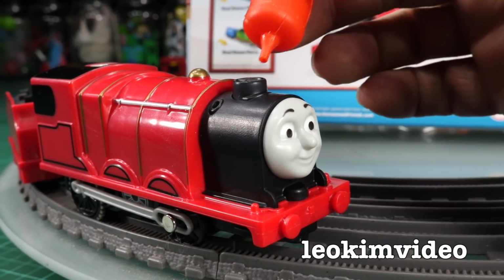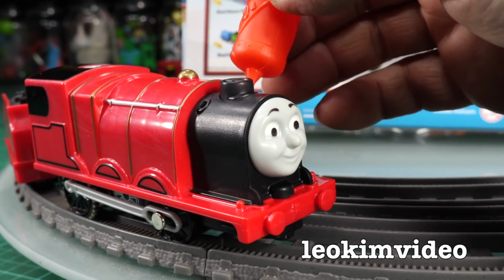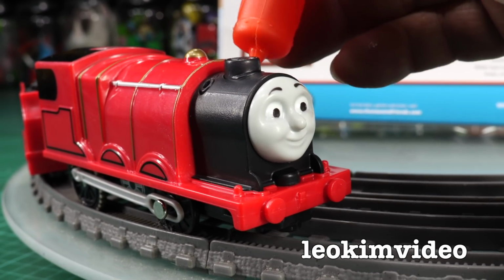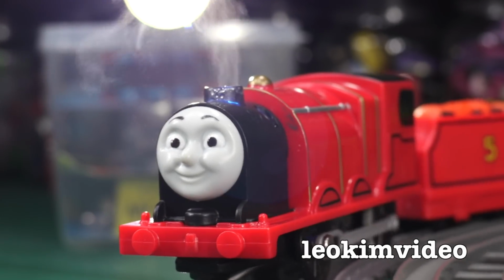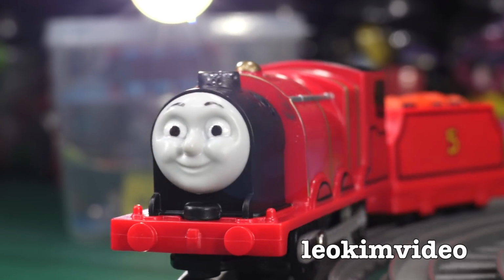So there's a funnel there that you don't put the water in. There's an air vent on this side that you don't put the water in, but on the other side, if I can find it... crikeys. There's also a blue light that emanates from the steam area. It's more apparent when you're...